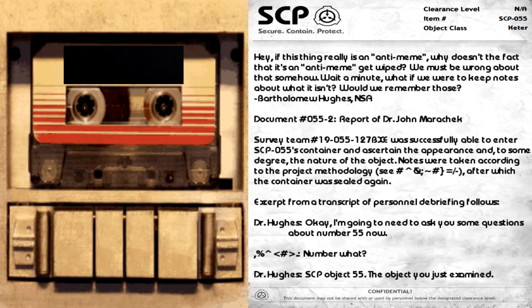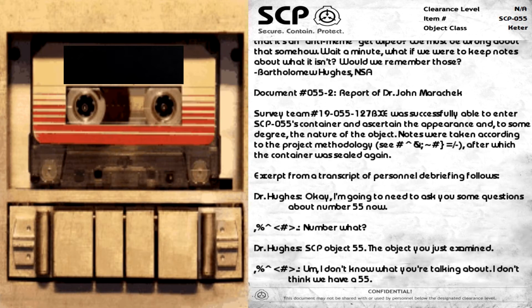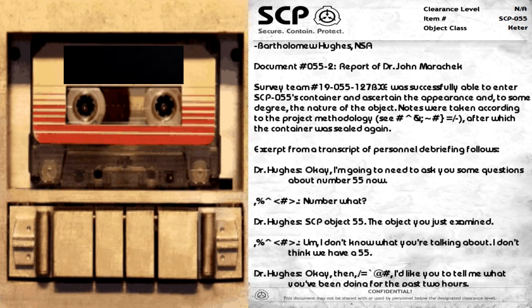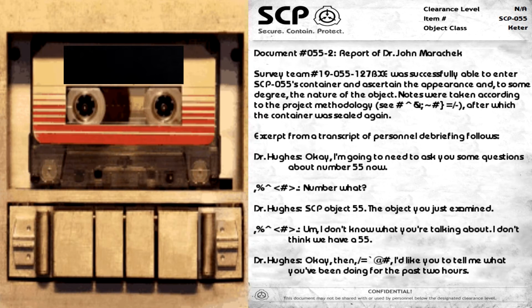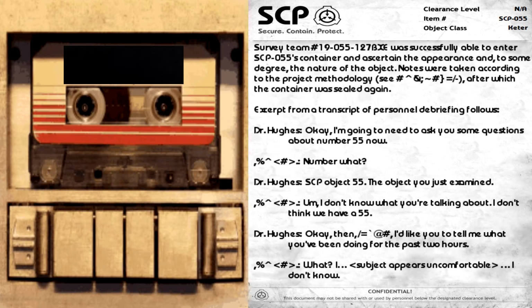Hey, if this thing really is an anti-meme, why doesn't the fact that it's an anti-meme get wiped? We must be wrong about that somehow. Hold on a minute. What if we were to keep notes about what it isn't? Wouldn't we remember those? Bartholomew Hughes, NSA. Survey Team